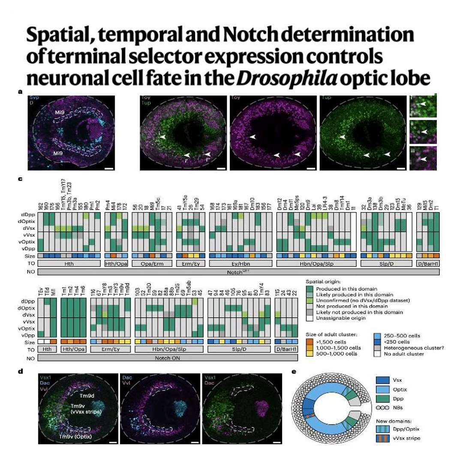Oh, I see. So if the space-time switch is the university degree, you spend a finite amount of time there, you get your coordinates, and then the experience is over. The terminal selector is the actual career you practice every single day for the rest of your life. Exactly. Once the terminal selectors are initiated by those temporary developmental coordinates, they basically create autoregulatory feedback loops. Meaning they keep themselves turned on. Yeah, they continuously bind to their own DNA promoters to keep themselves active, which in turn keeps the necessary effector